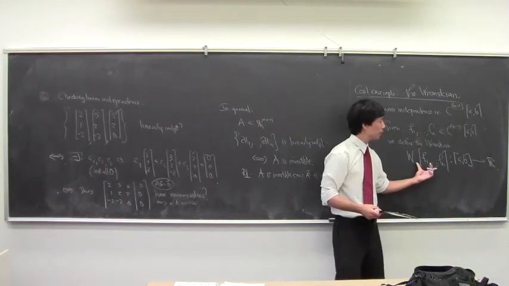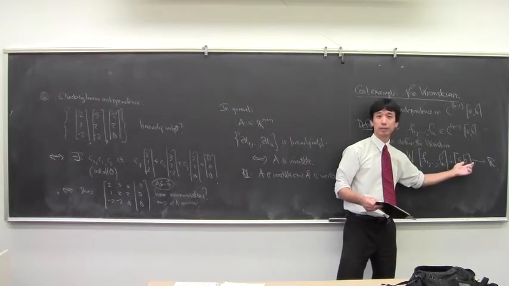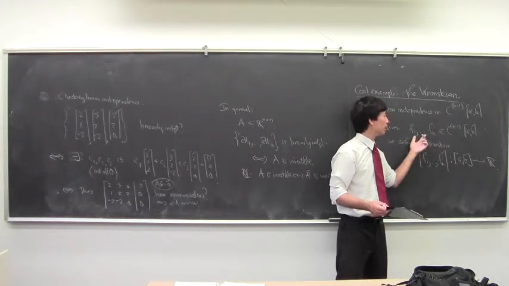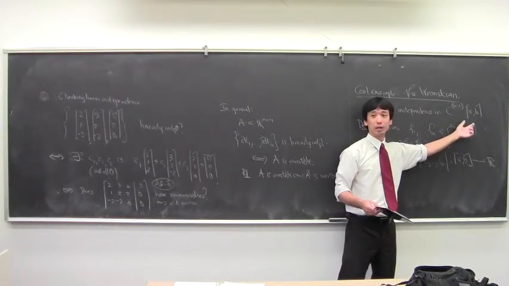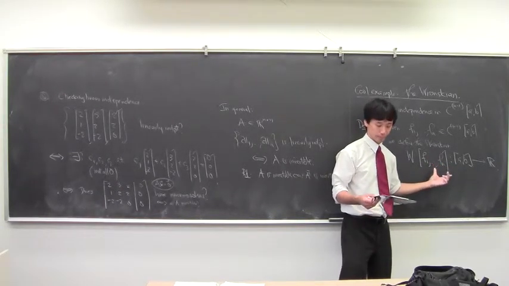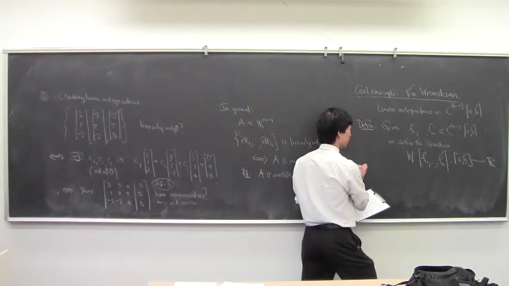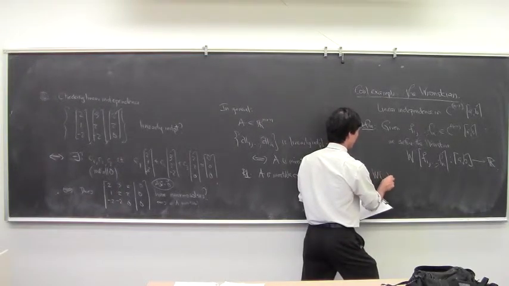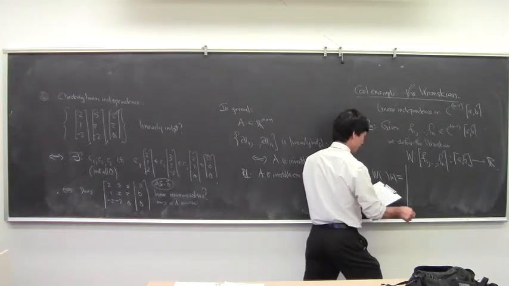So the Wronskian is going to be a function on AB into R. The fi are all functions from AB into R, and the Wronskian is also such a function. And we define it by W(f1, ..., fn)(x) as the determinant of this matrix